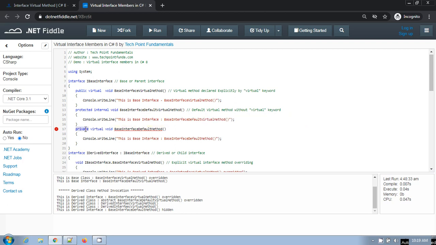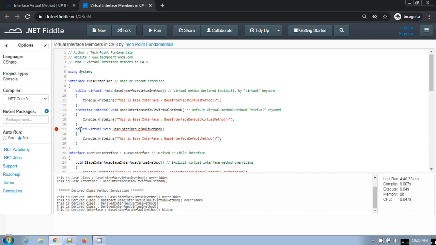Same here, if you make this sealed, in that case also you will get an error message at compile time: this method cannot be sealed because it is not an override.